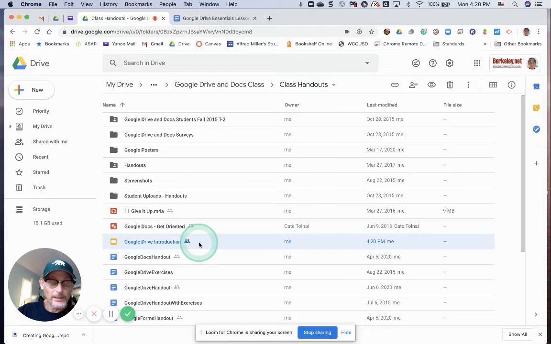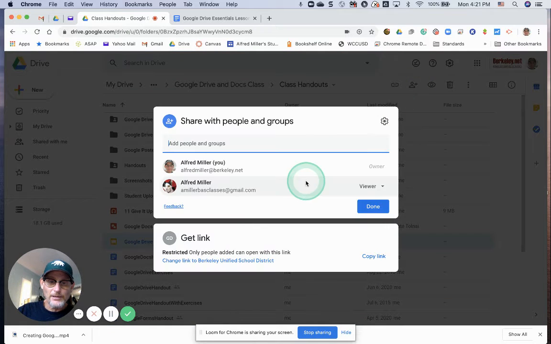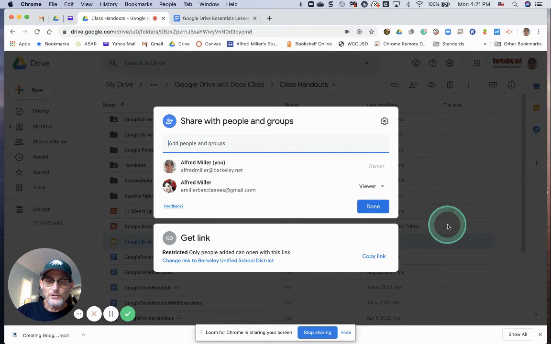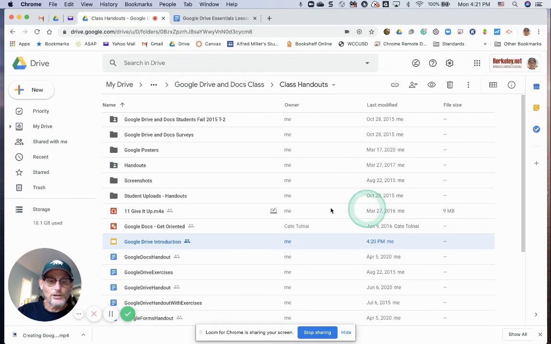If I ever need to click who it's shared with or what's going on, I can go back up to the share button here, click it. It shows me that it's shared with this other person here. If I ever need to delete that share, I can always delete their share. So without further ado, I'm going to click done,